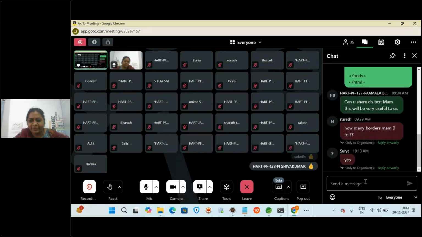Okay. So what do you mean by how many borders? 2 means, from 0 you can give any number. It is the border size, the thickness. If you give 10, 20, 30, it will come very thick. But it won't look good, no? So we will give how much ever we want. Okay, ma'am, border, from 0 it will be there, you can give any number, no problem. But if you give very high, 3 or 4 only will look thick, no? If you give very high, the border will not be good. So whatever you want you can give.